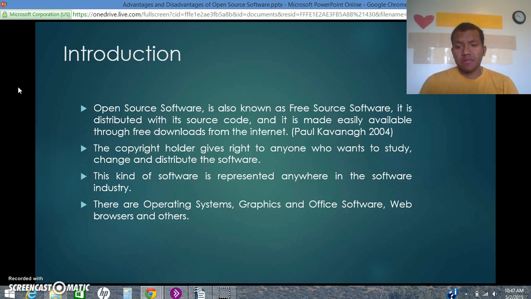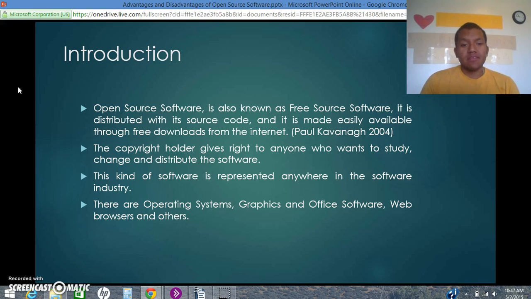This kind of software is present anywhere in the industry, which means everywhere there's a commercial software, there will be an open source one, such as Microsoft Office, the commercial software, and OpenOffice, which is the free version of Microsoft Office, if you will.